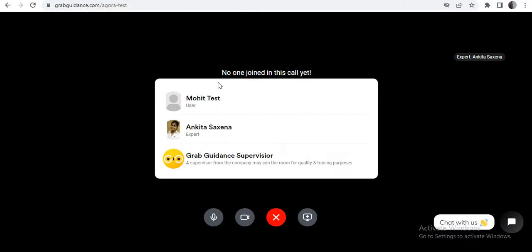You can see it is mentioned that no one has joined in this call yet. There are mic and camera options. If you want to close the session or cancel the session, you can do it. And from here you can share your screen. You can share your website and documents. If you click on this red button,